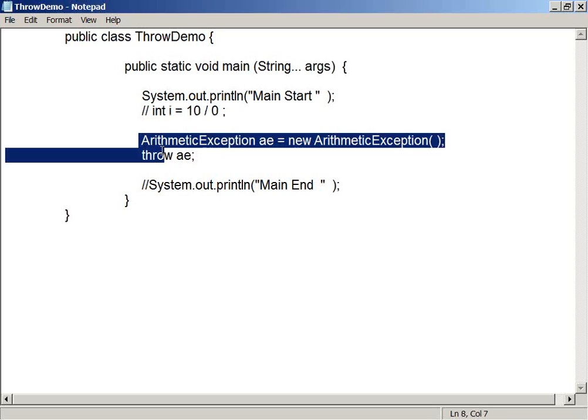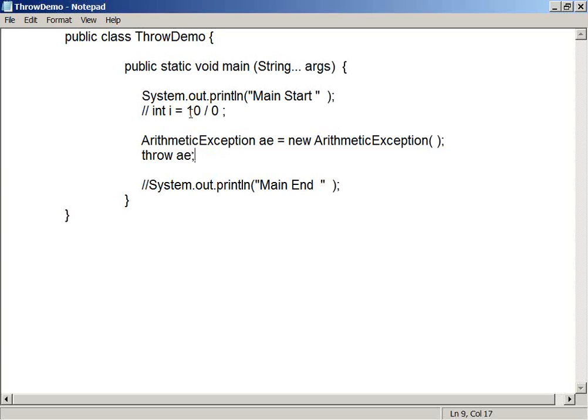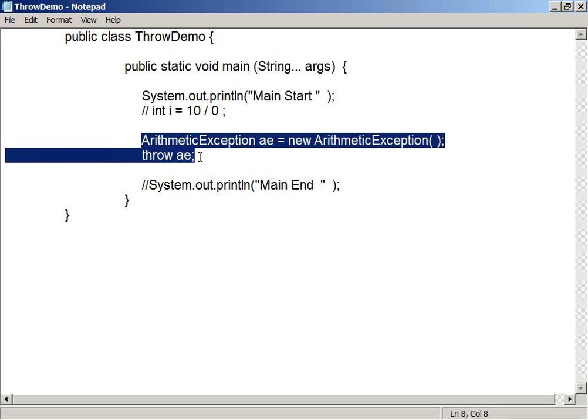But here the object creation and throwing is done by me, as a programmer. The difference is that this is done automatically by the runtime, because the runtime knows that when such statements occur, it should create an object for that class and throw it. But here I am doing it manually.